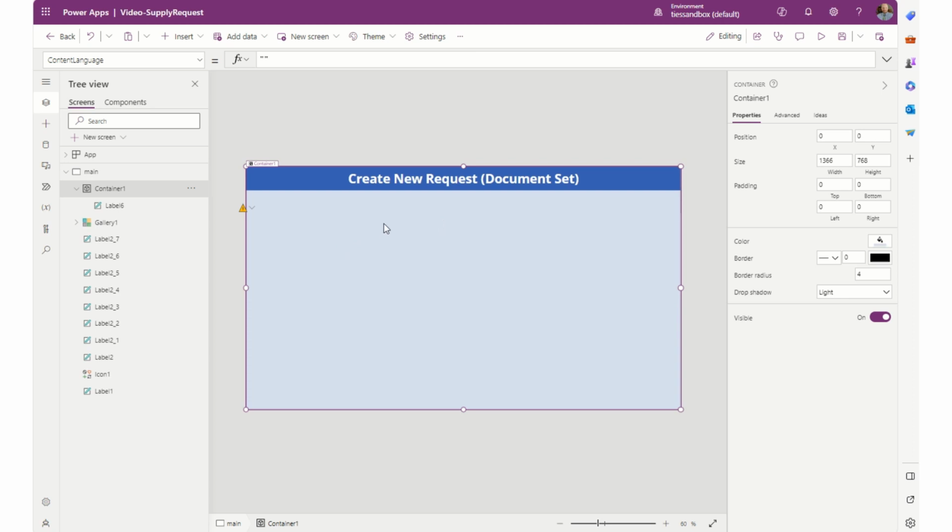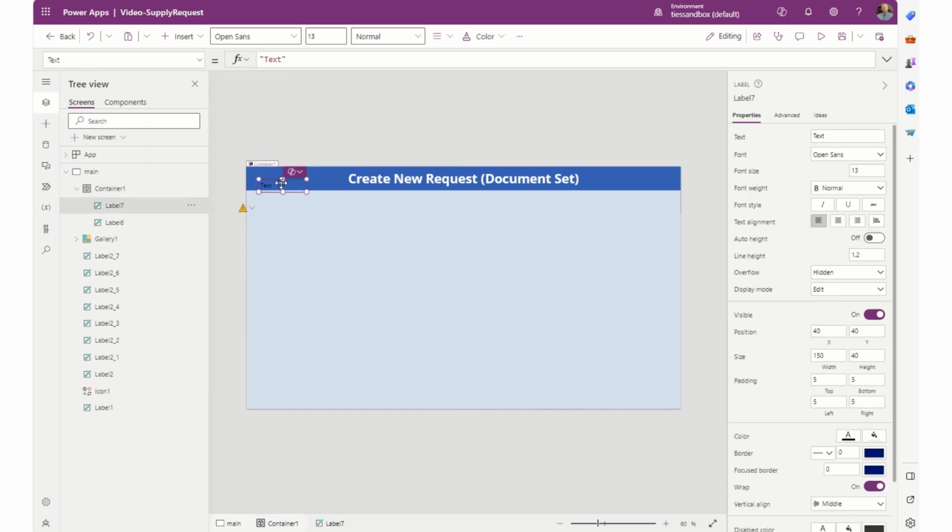So what we're going to do is we're going to add some fields in here. Now you can use the form control to do this, but I prefer to use a custom form for this because it makes it easier and it makes it look prettier. You know, it's more presentable and easier on the eyes. All right, so first thing we're going to do is create a text label. First thing we're going to put in here is our name, the name of the person submitting it. Okay, so name of requester. Shorten it up a little bit,